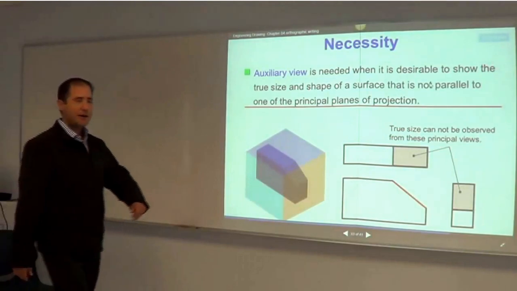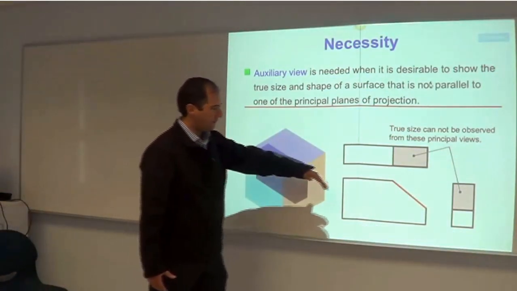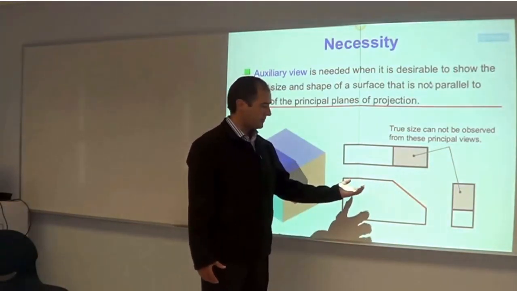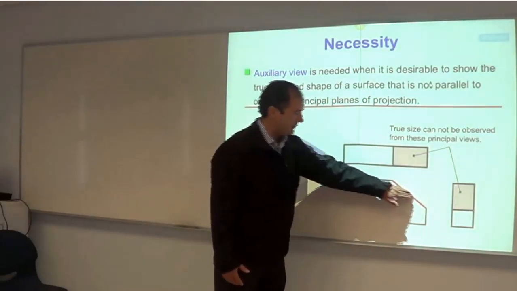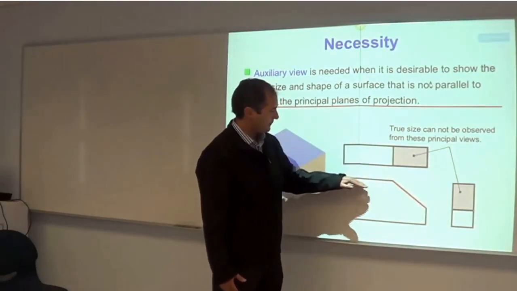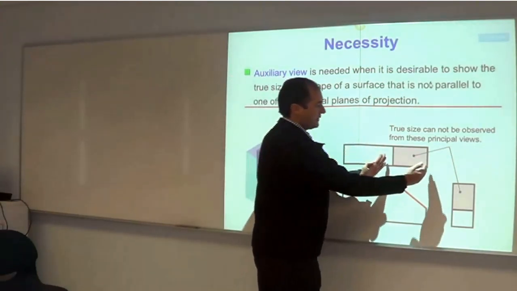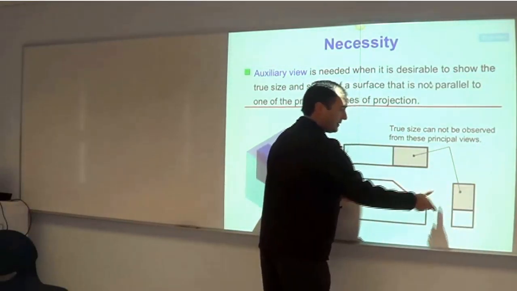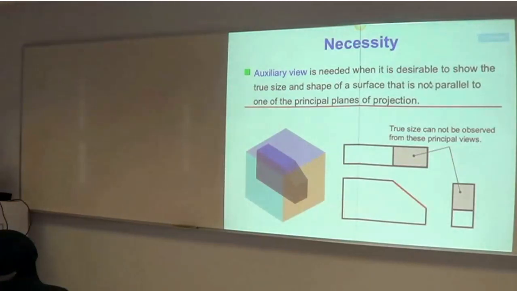Auxiliary views are used when you have some geometry with non-normal, non-orthogonal sides. For example, this plane here, which is inclined: if we project the top view, we will be looking at this. If we project the right view, we'll be looking at this. If we want to dimension